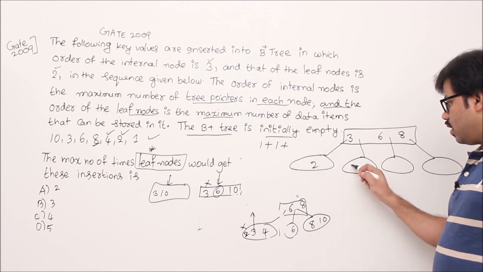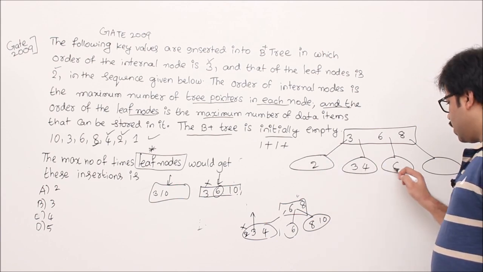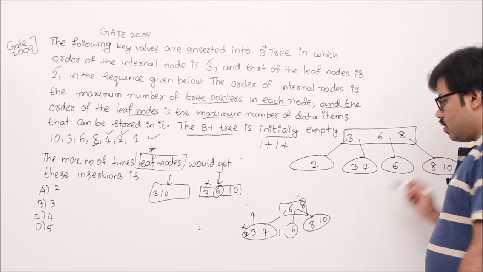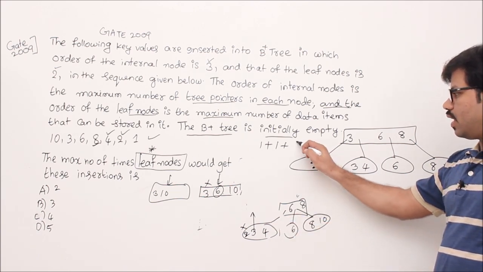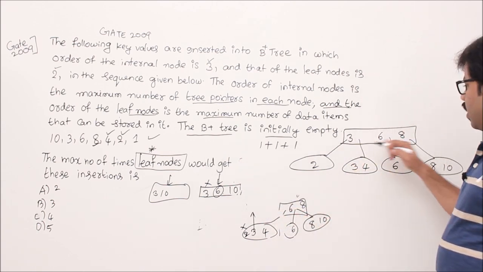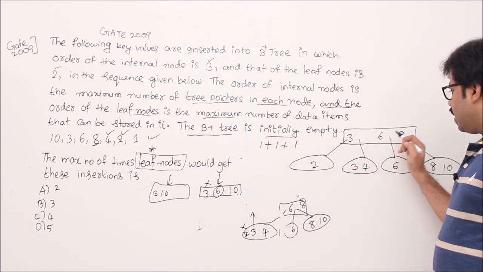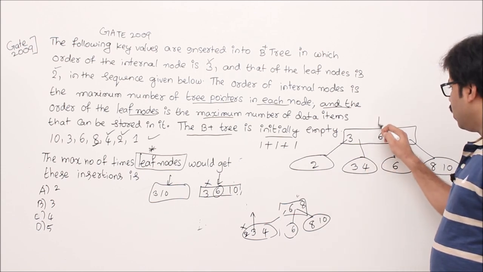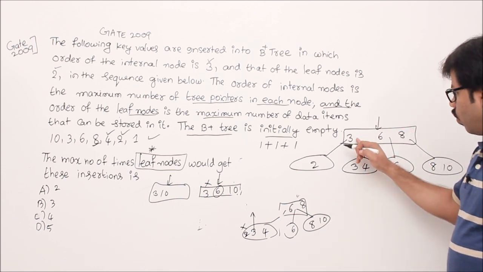2 is here, 3 4 is this side, right? Now 6 is as it is, 8 comma 10. So one more split. So far we have seen 3 splits, correct? Now continue. But before that, this is not a valid B plus tree. Internal node is now having more than the maximum, we have to split it again, but don't count it because it